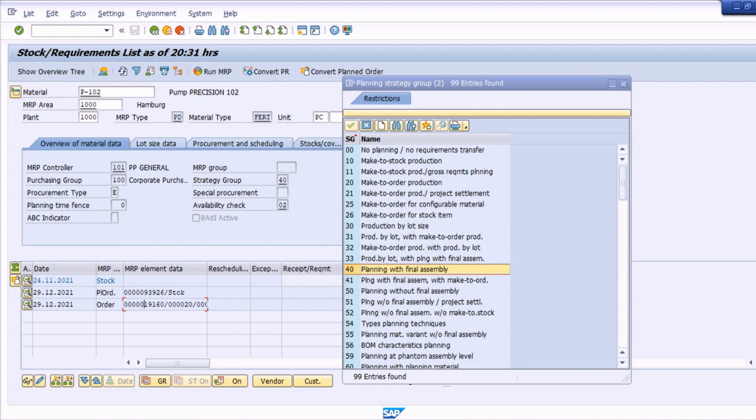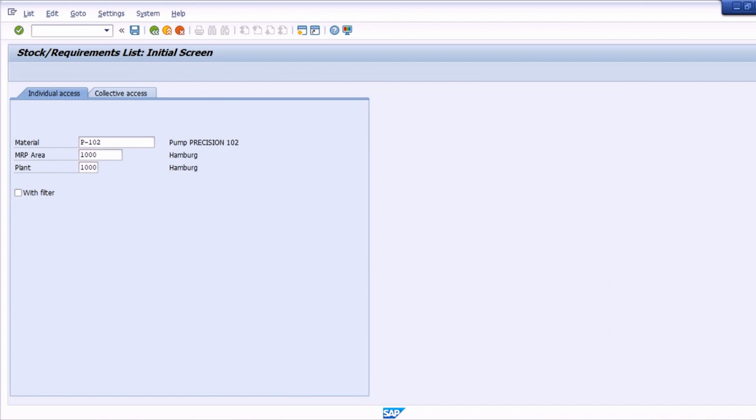Since we have already forecasted for the next 6 months, we have the dependent requirements created for the components, and based on MRP the purchase requisitions will be created, and the purchasing process will be initiated well in advance. So as soon as you receive a sales order in that particular month, you can directly start manufacturing the product and deliver it to the customer, just to make sure that we are on time and not missing the schedules provided by the customer. So let's get into the scenario here.